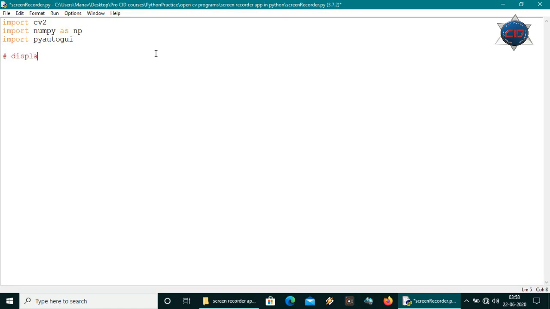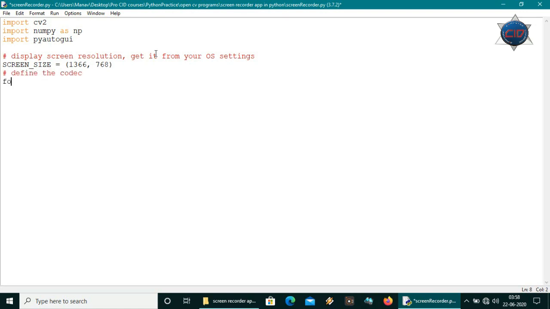Now let's define the screen resolution. I am passing here 1366 by 768 because it is my current laptop screen. You can get it from the OS settings.